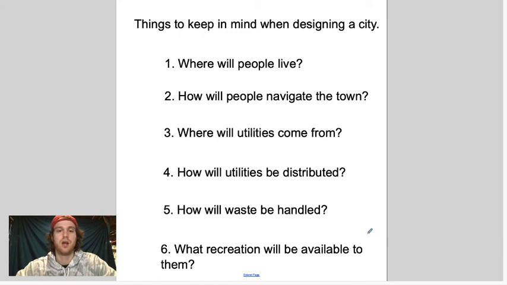And lastly, what recreation will be available to the people that live there? Is it just going to be residential, or are you going to include a park? Are you going to have some sort of attraction in the town for people to use? How are you going to keep people entertained? It is fundamental to city planning and urban planning that you have to keep a lot of things in mind, just casual everyday life, as well as going above and beyond just living and making sure people are happy and that they can get the things that they need. Where business is going to be, and so on and so forth.